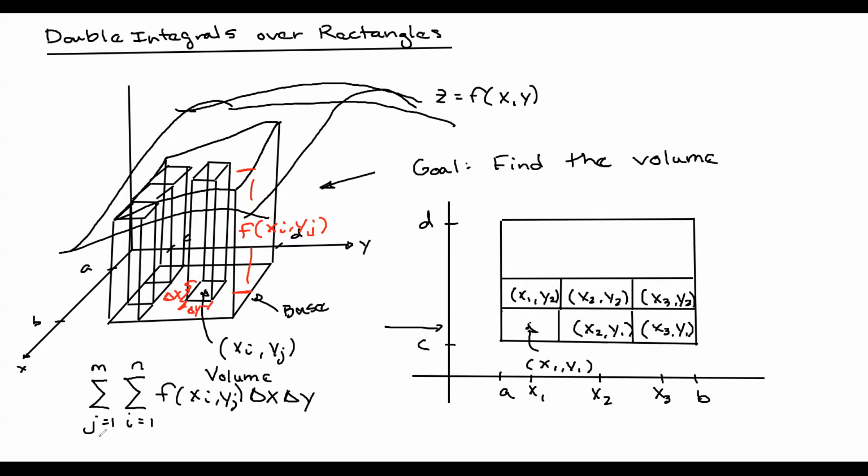is that you're going to start off with this outer summation. It's going to say j is 1. All right, so the whole sum doesn't happen. It just says j is 1, and then you move to the next summation, and it says i is 1, and you go through and calculate the value for i is 1. Then you increment i to 2, add, increment i to 3, add, all the way to i to n, add,